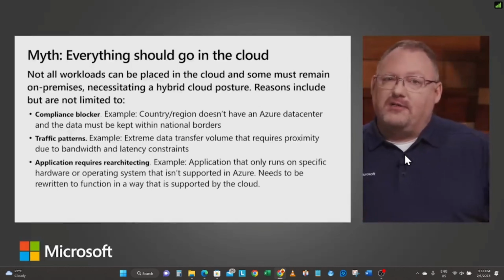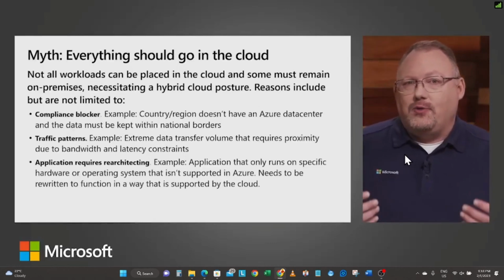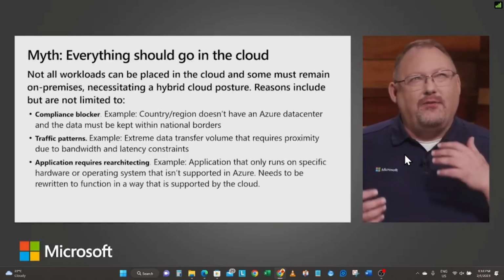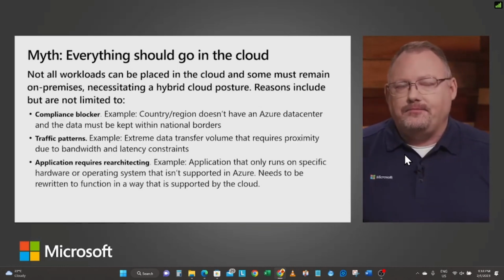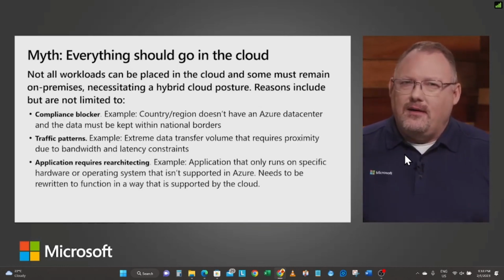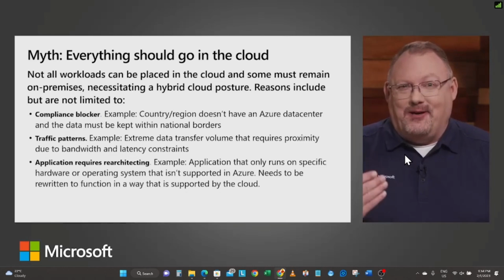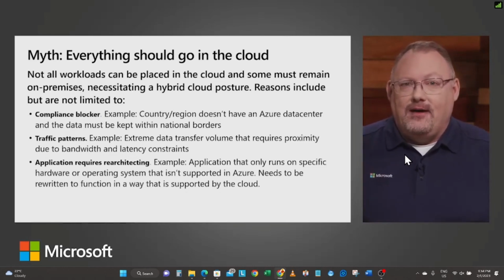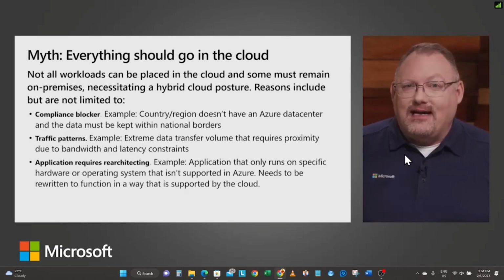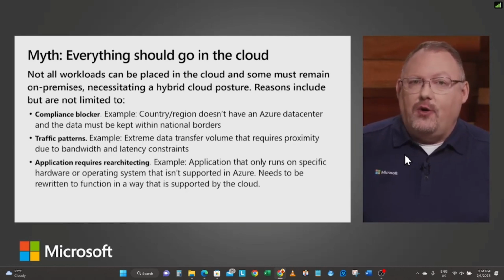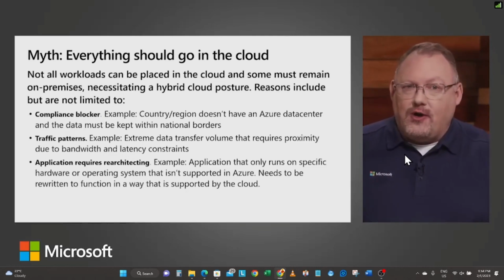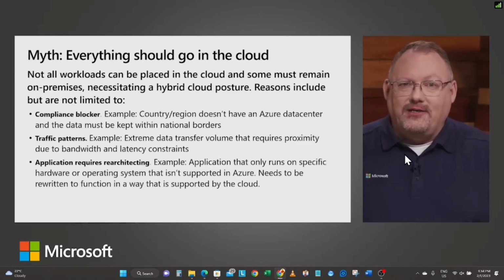Maybe because Azure doesn't support it, we can't move it. But here's the cool thing, folks. I don't know if it's a cool thing, but it's something you should think about. If I'm still running NT4.0 on-prem, and hopefully I'm not speaking to you right now, but if I just drew somebody in, yeah, I still got some on NT4.0, let me just remind you, it's not supported anymore. And so that app you are running is no longer on a supported operating system, which could put you out of compliance of whatever you're trying to do.